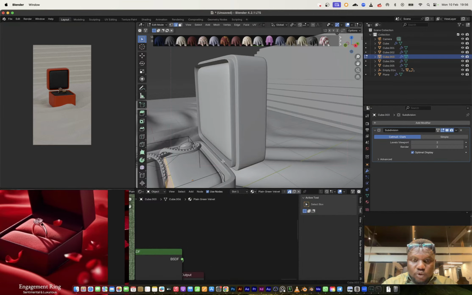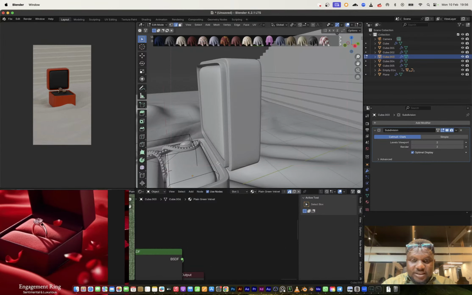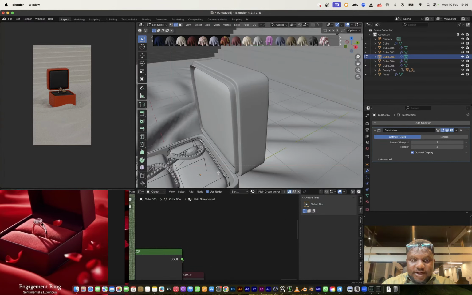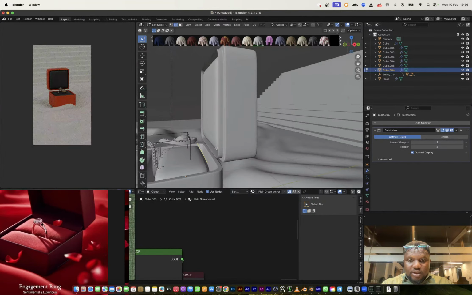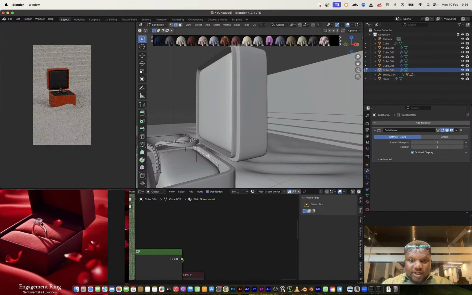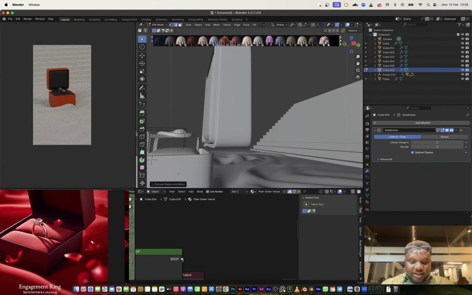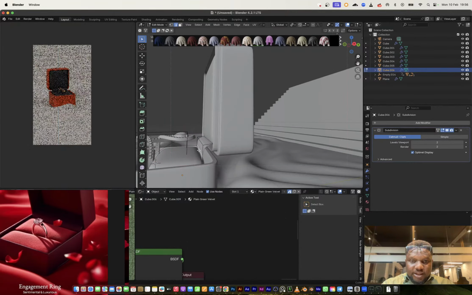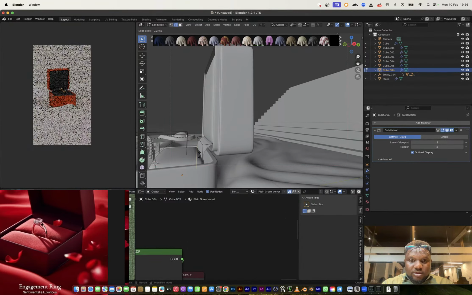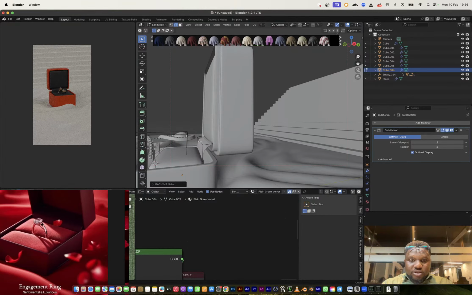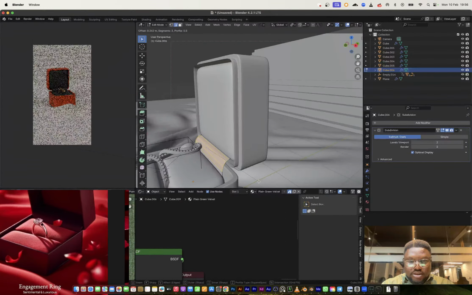So I want to select this edge right here, Shift D, P, separate that selection, and then EY, and just GZ, just fix it in there, because this box is going to be opening and it's a detail that is actually needed. So I'm going to Control B this and just fix it in there just like so.